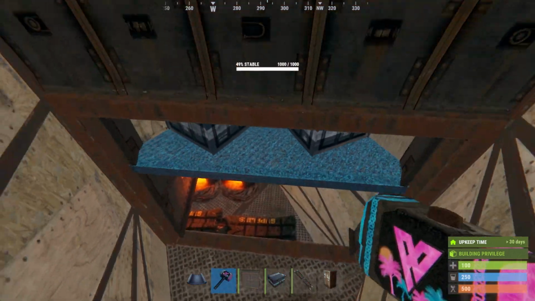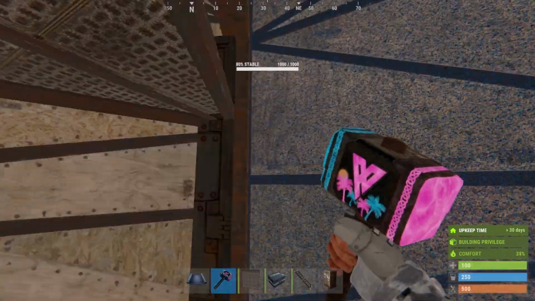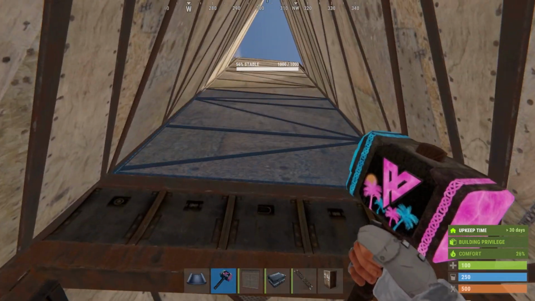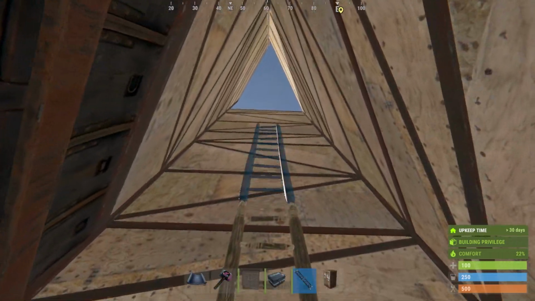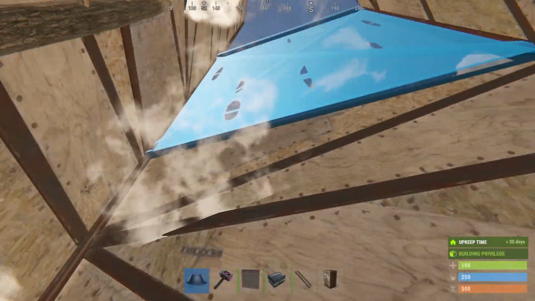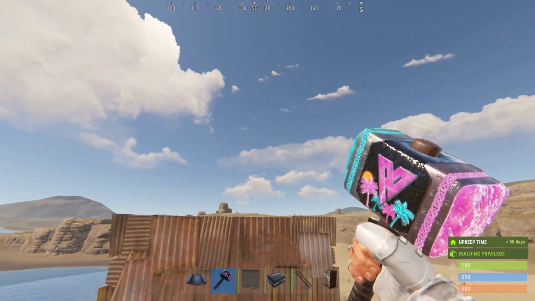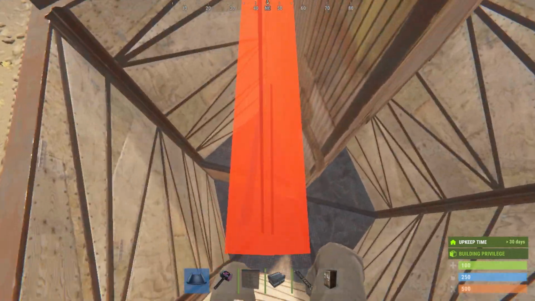So you've got a little bit more storage, because obviously living in a little hexagon shape for a wipe, you do get a lot of loot and it's kind of hard to keep it all. Then what you want to do is have your ladders coming up like this. You do need to add these ladders quite early, because you're going to be living out of this. So with that being said, what you actually want is